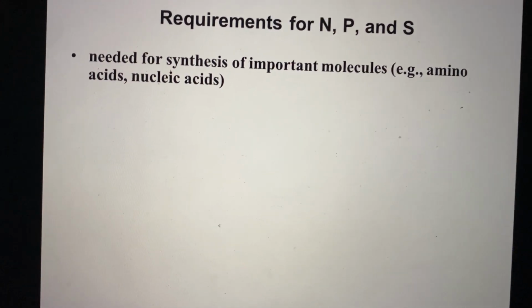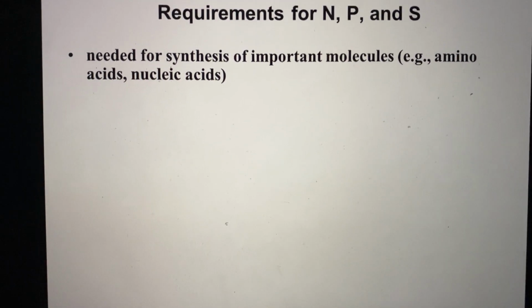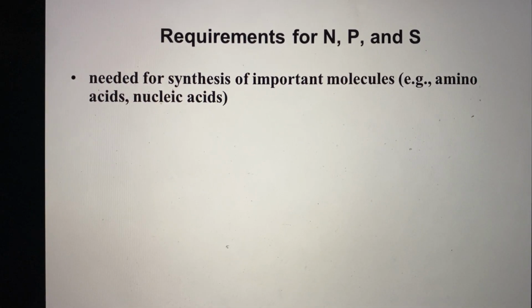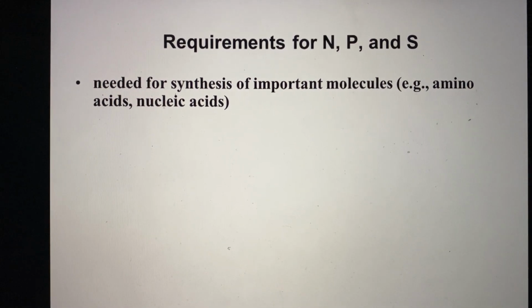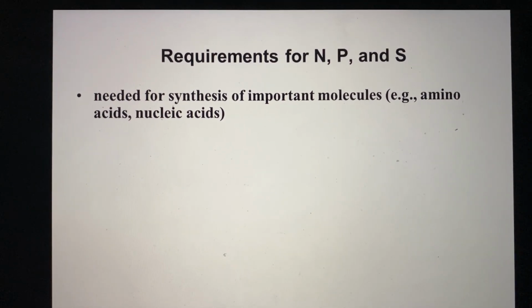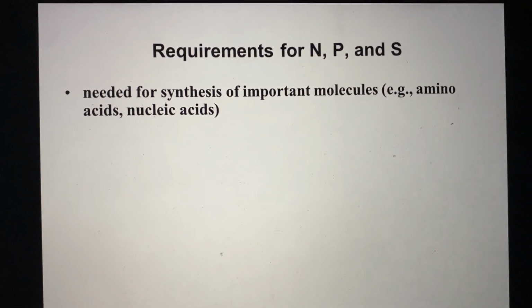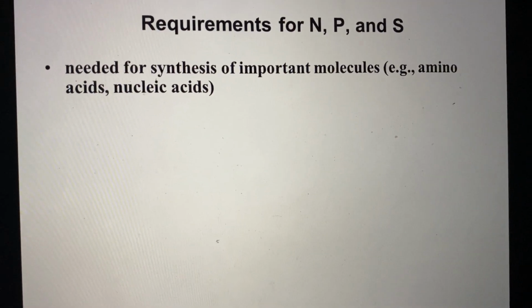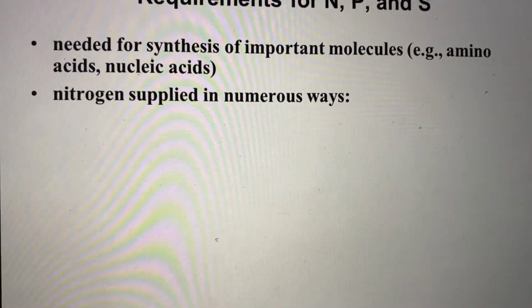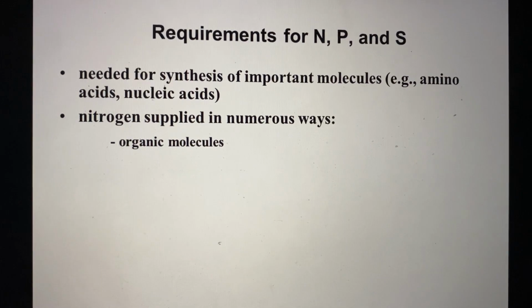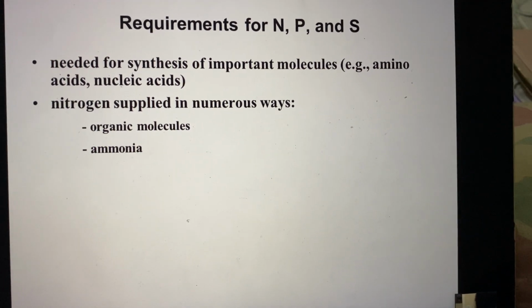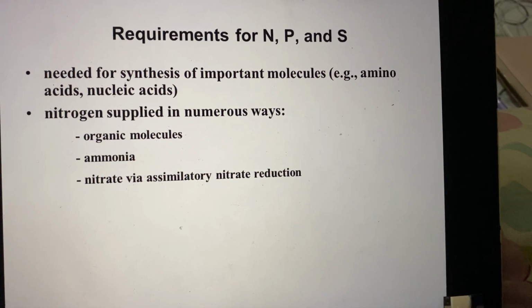Besides having carbon, hydrogen, and oxygen as a requirement for microbes, of course, some others will be needed, elements such as your nitrogen, phosphorus, and sulfur. Nitrogen, phosphorus, and sulfur become very important for amino acids and nucleic acids. So these molecules will have to be provided as nutrients for them. And nitrogen is supplied in numerous ways to the microbe. It can be supplied in the organic form, or in the ammonia form,